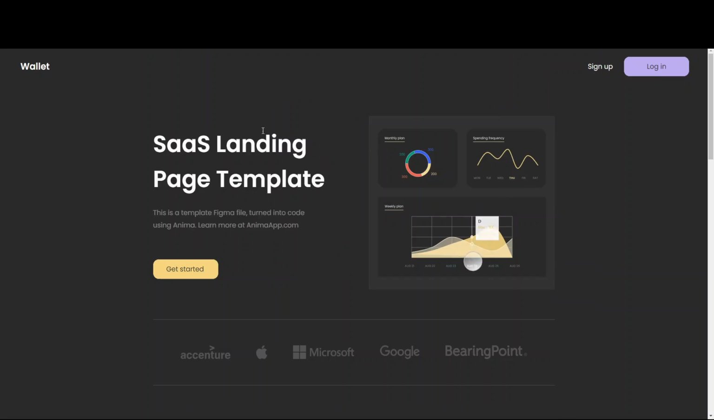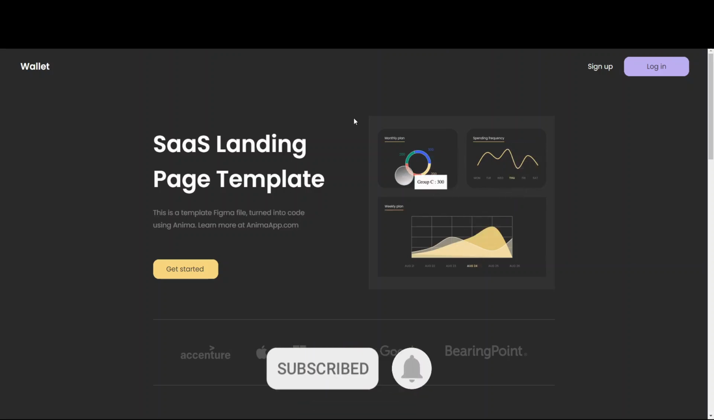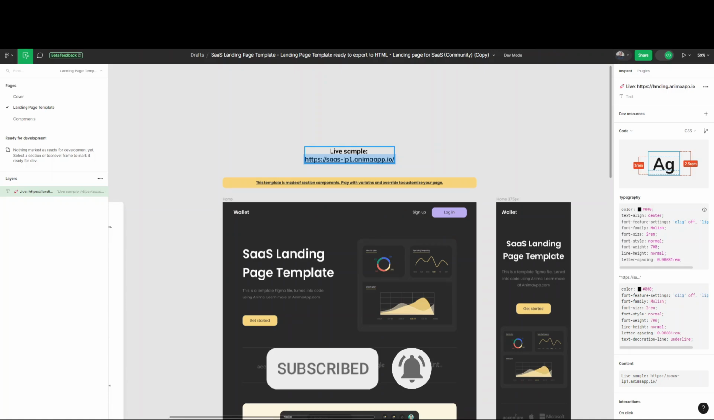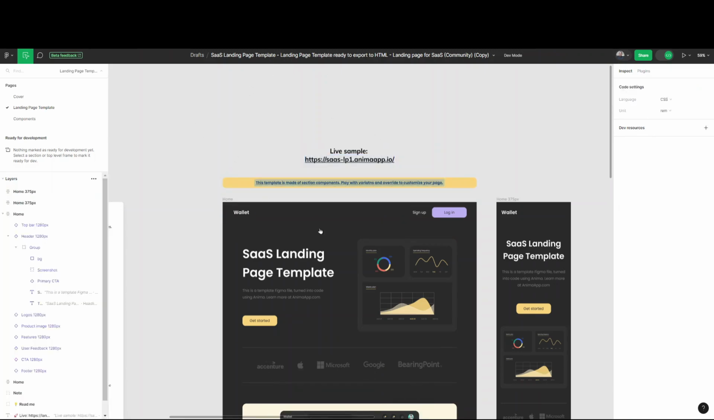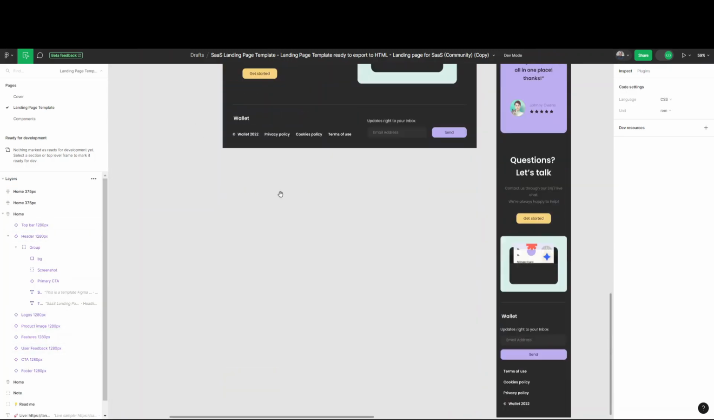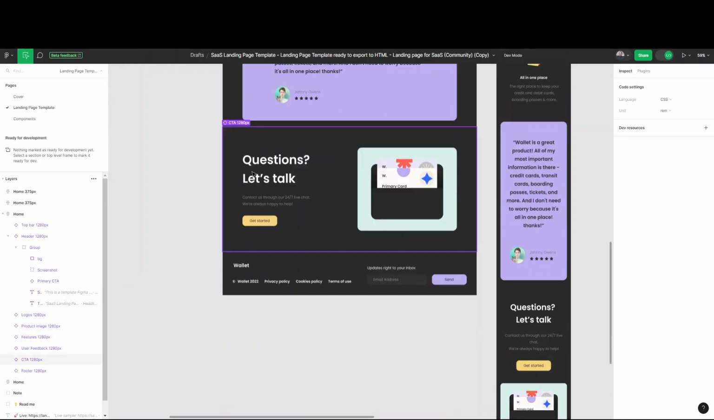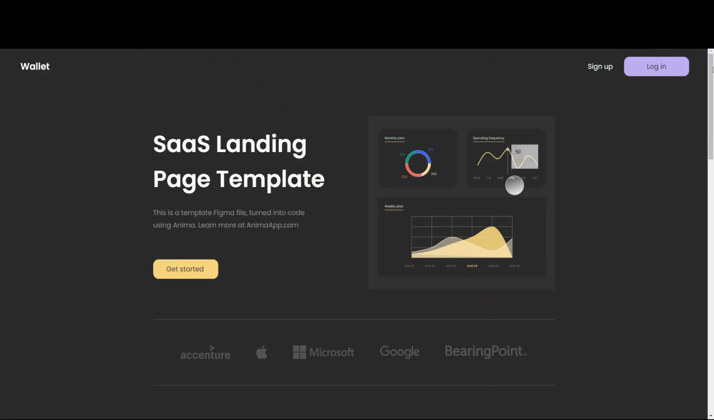Good morning. In this session, we'll be building off this wallet page, an animal app landing page. It was built by them, so I just got their design from the official page, right? This is what we'll be building, and when we're done, we're going to have an end product similar to